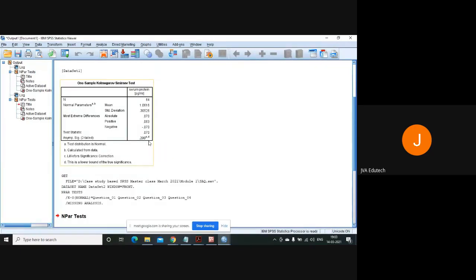Now you might be knowing this thumb rule that if p is less than alpha, where alpha is your significance level, then reject null hypothesis. Now in this case, we have put alpha at 0.05, and you can see that our p is greater than 0.05. If p is greater than 0.05, we cannot reject the null hypothesis. We have to accept the null hypothesis, and null hypothesis was test distribution is normal. So finally, it will yield us the result that test distribution is normal. Are you getting my point?